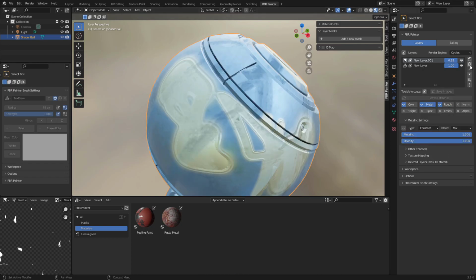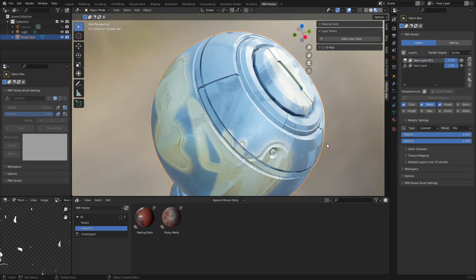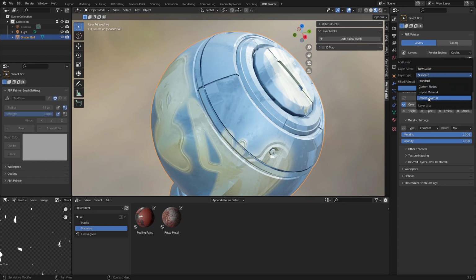All right, what are some other things that have been added? So another thing you can do is you can now import layers from other materials. So for example, if I go add layer and I change the layer type to import layers, I can now pick any material inside the blend file. So for example, peeling paint, and I can either import all the layers from that material, in which case it will basically just import everything, or I can import a specific layer from that material. So just the peeling paint layer, if I click OK,